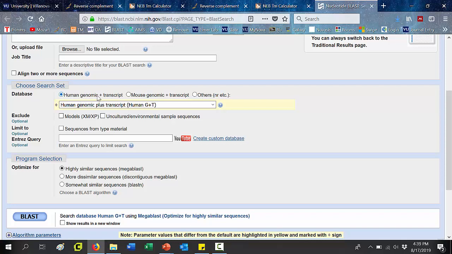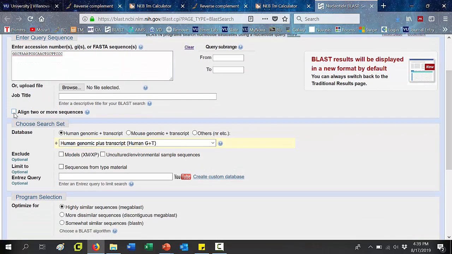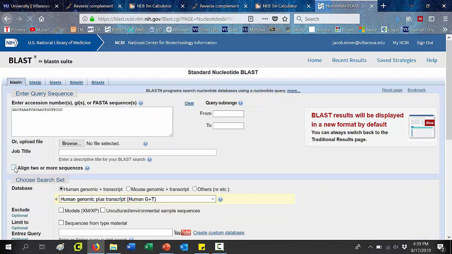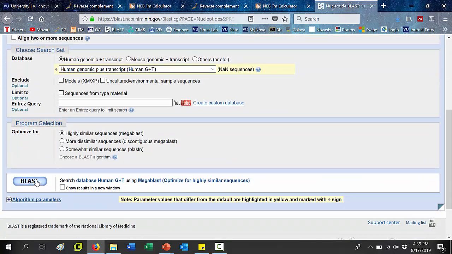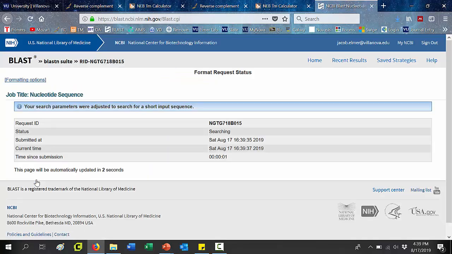Now if you were trying to check for off-target binding in a plasmid, you could click this box right here, and then you could search for this sequence in any other sequence that you wanted. So you could put a plasmid in here if that's what you're using for template DNA, for example. But in this case, we're going to be using chromosomal DNA as a template. So I'm just going to click this box right here, and it's going to search the entire human genome for any off targets for this primer. All right, so let's hit blast. This might take a few seconds,